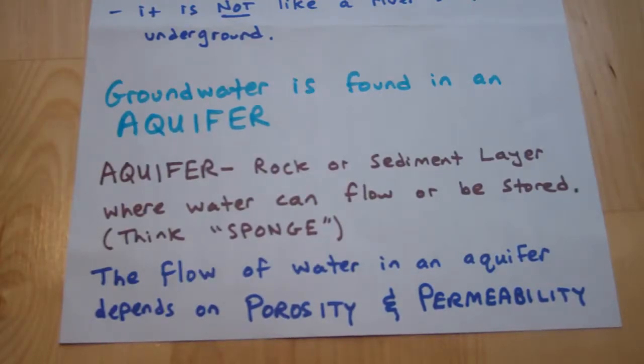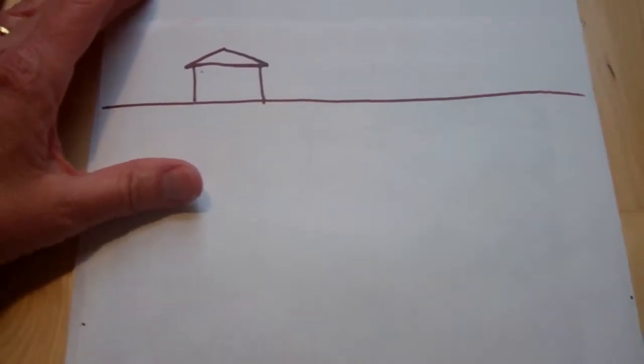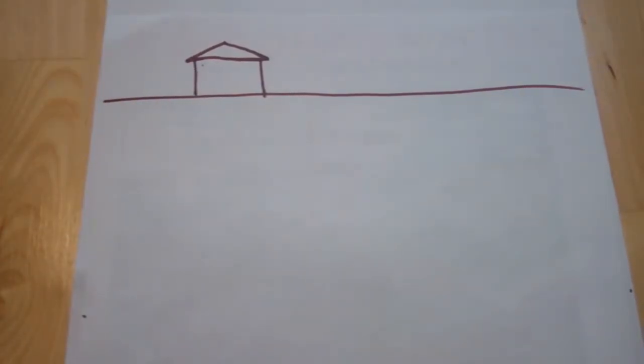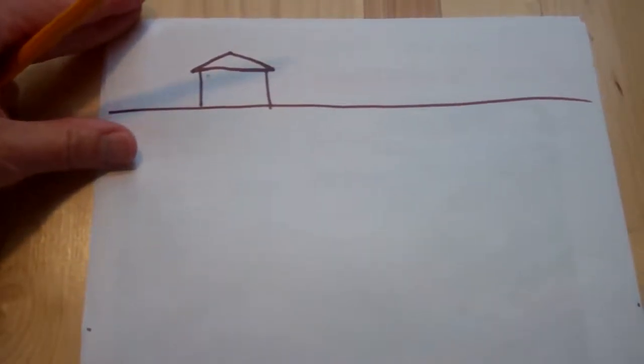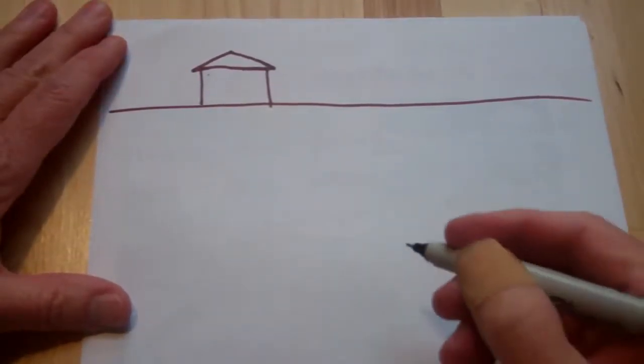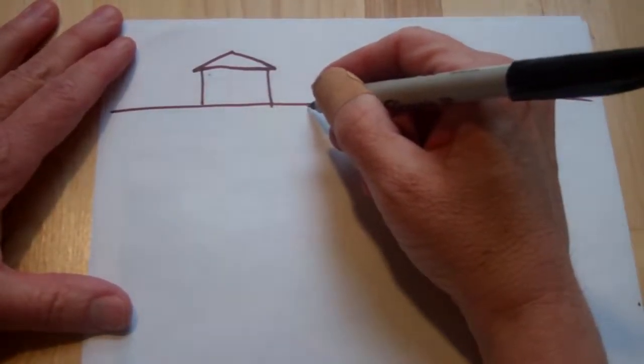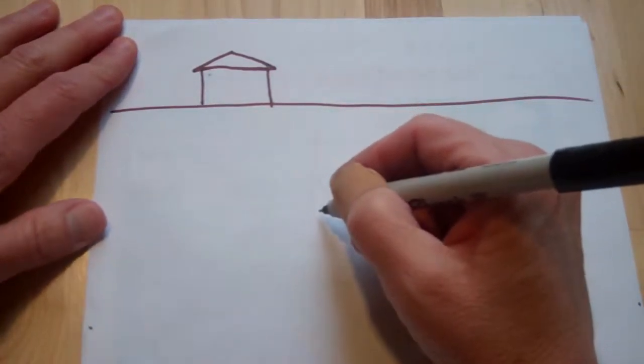All right, well, what does this groundwater look like? We're going to draw a picture. And if you want to draw this with me just to get it down, you can. Grabbing my writing utensils, sorry about that. All right, so here's a house, and we're going to kind of look at it as if we can see into the ground. So we're going to dig down into the soil, digging, digging, and pretty soon